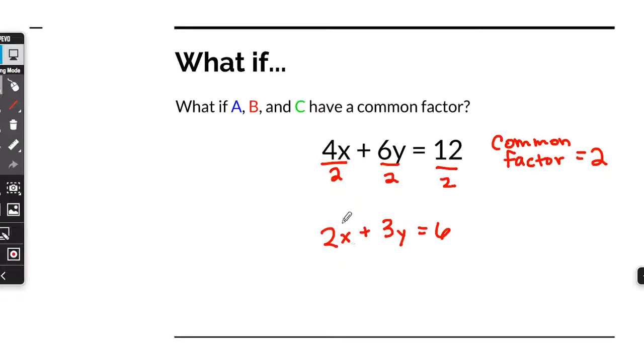And so now notice 2 and 6 have a common factor, and 3 and 6 have a common factor, but 2, 3, and 6 together do not. So this is in standard form, this is relatively prime. So that's how we can